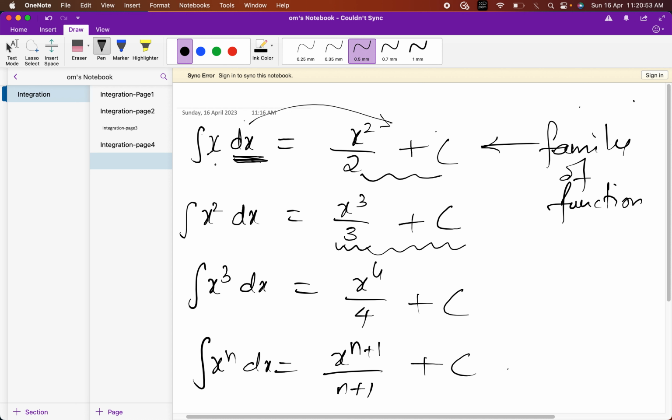So integral of a linear function is a quadratic, but not one quadratic, but a family of quadratics. Integral of a quadratic is a cubic, but a family of cubics. Integral of cubic is a quartic, family of quartics, and so on. So that's the difference that you have to notice between derivatives and integrals. Derivative of a function is one function, but integral of a function is a family of such functions. So if quadratic is the answer, then it's a family of quadratics. If cubic is the answer, then it's a family of cubics, and so on.